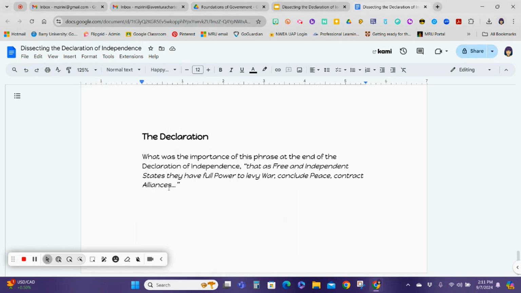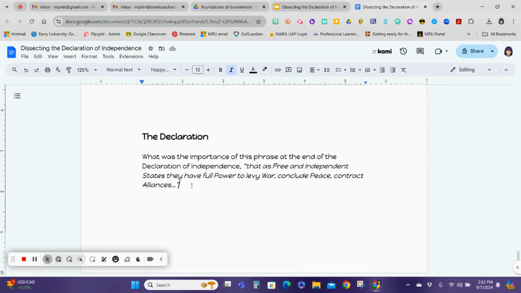So with that final declaration that they are formally breaking away and establishing themselves as their own independent country, the colonies wanted to make sure that they highlighted the fact that now as free and independent states, they have the full power to levy war. Since war was already happening, well, now we have the ability to levy war however we see fit. We have the ability